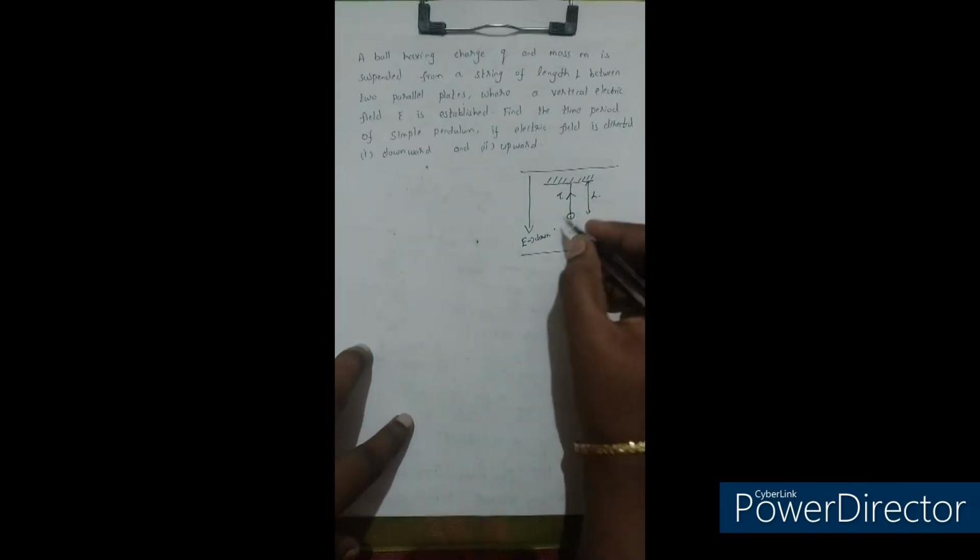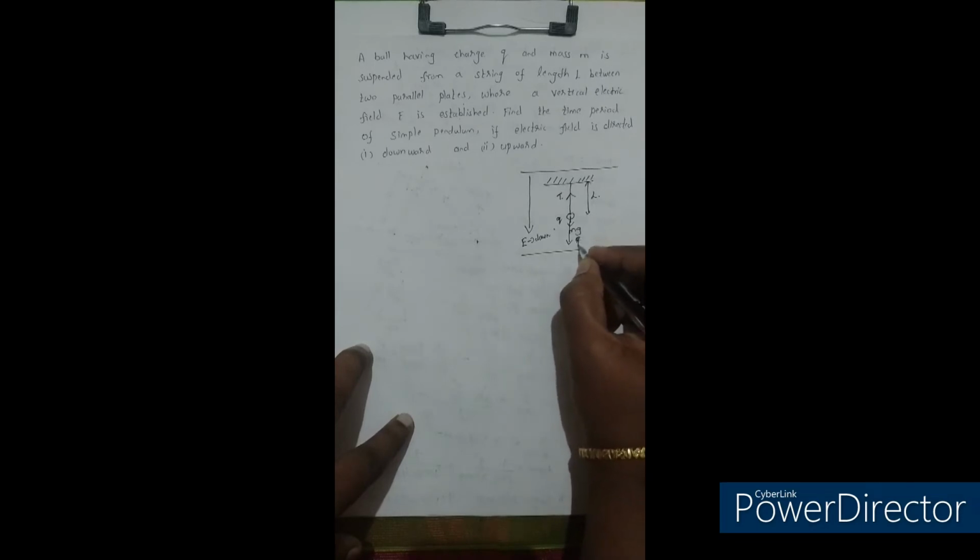So what will happen? Due to the charge given to the ball, it will be experiencing a force in the downward direction. That is, a positive charge will always be experiencing a force in the direction of the field, right? So this ball will be experiencing an electrical force,